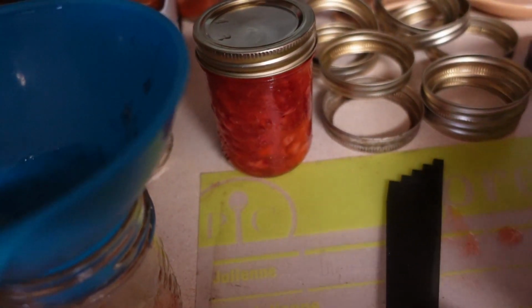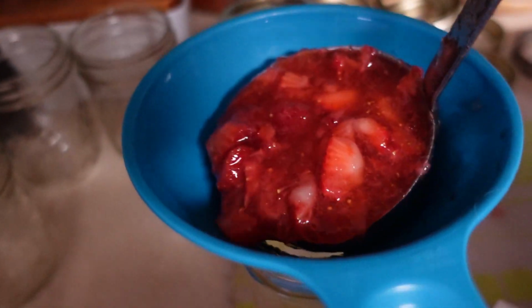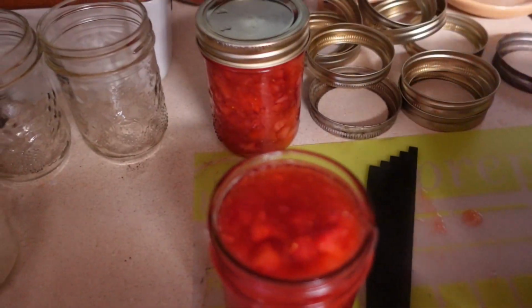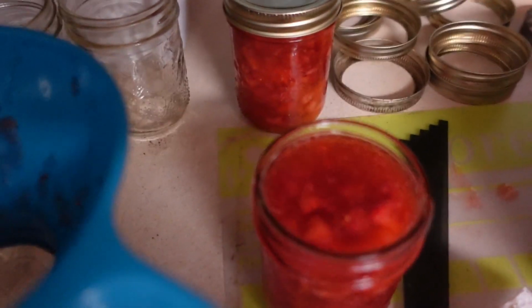I have some labels to put on, although I think you can tell it's strawberry, but I'll use my washable labels that I bought when I did the pineapple. So one more jar. Let's see what this landed. So I'm going to try it at half a scoop and see how this works. Well, the naked eye says it's still a little too full, so